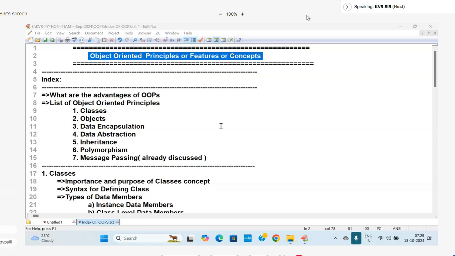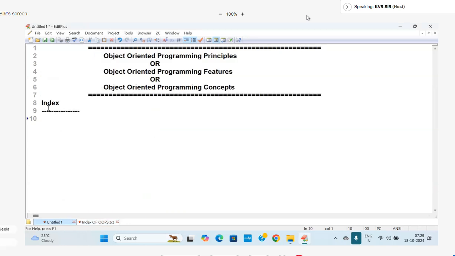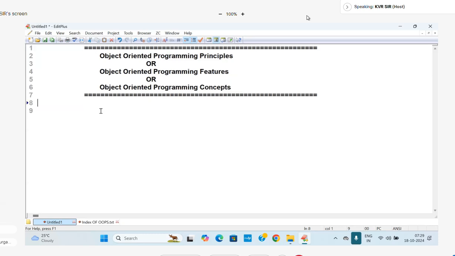Good. So let us move to the importance of object-oriented programming. So index you have seen. Check this index everywhere, which I'll post in the Google Drive, Google Classroom. You check that index everywhere. Students,